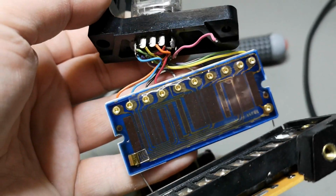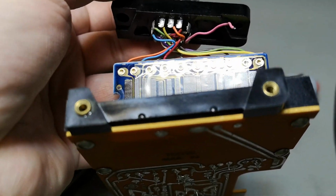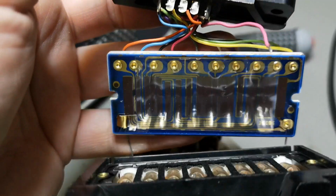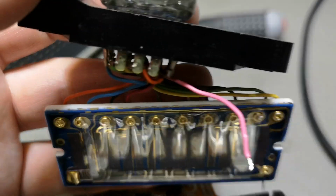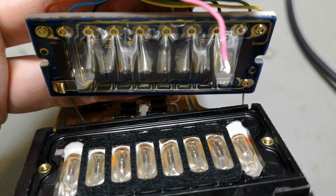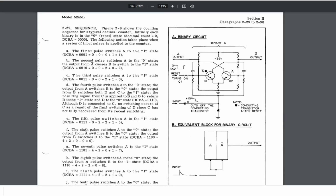So I have to put this all back together, be sure nothing is gonna break. So this purple wire was in this hole, no problem. I will restore this. It seems like it's impossible to find good schematics of the model